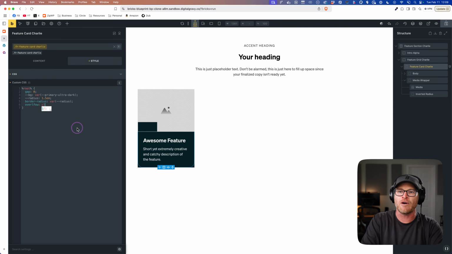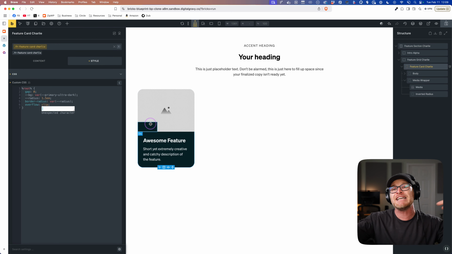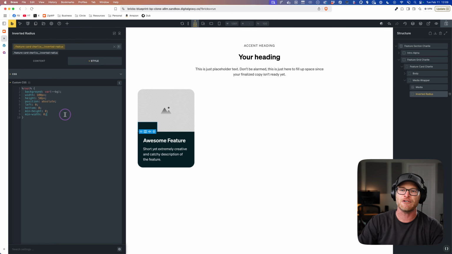I'm gonna overflow of clip. And there's that 1.5 M radius you're seeing here. And now when I use the inverted radius, it will also use that new value, right? So all the radii will be the same. I did commit to never using the word radii, but I just find myself having to use it. And it's quite painful every single time.